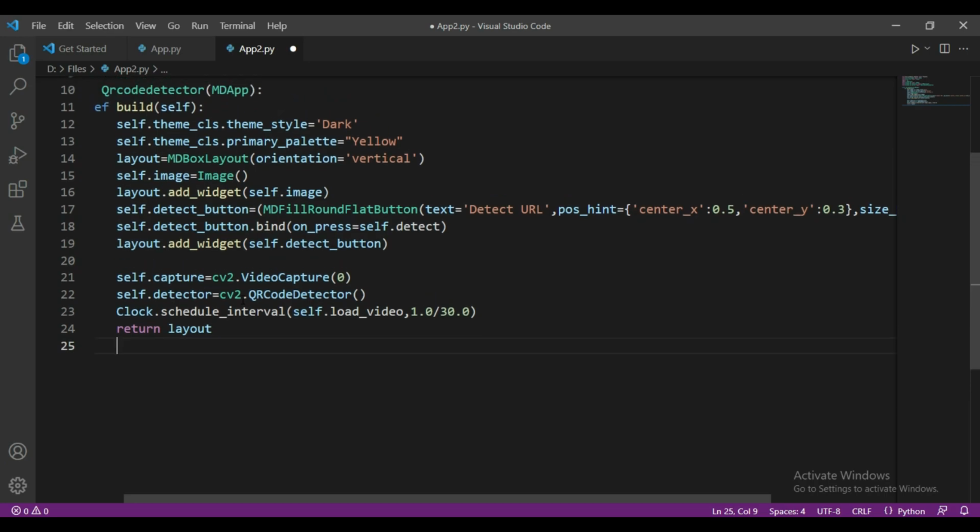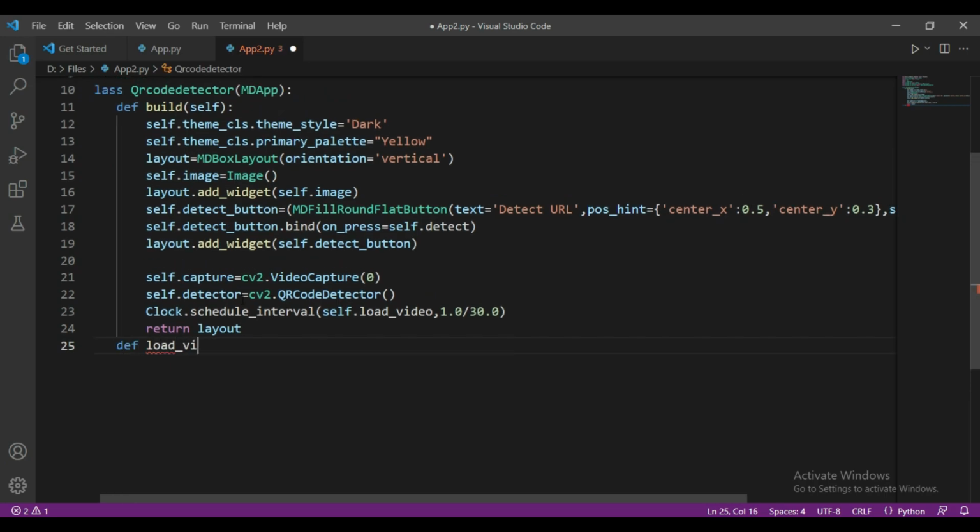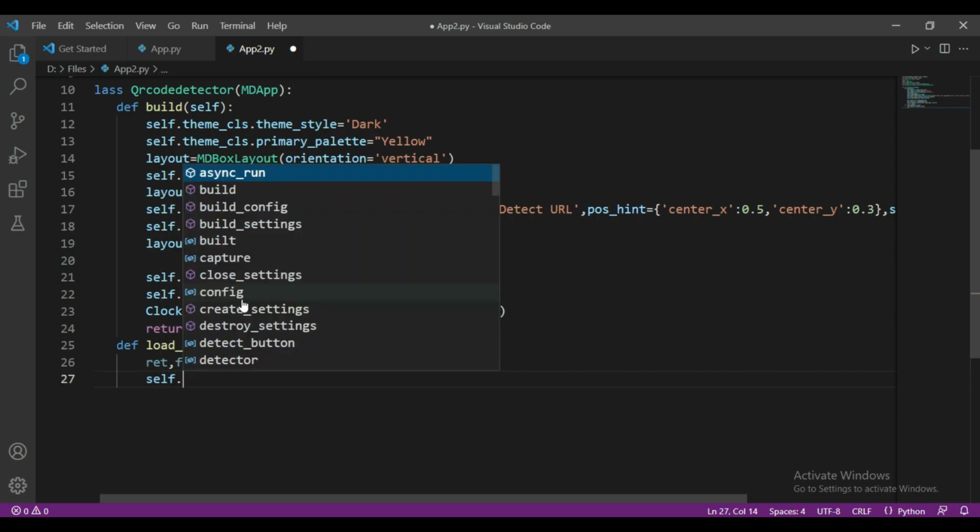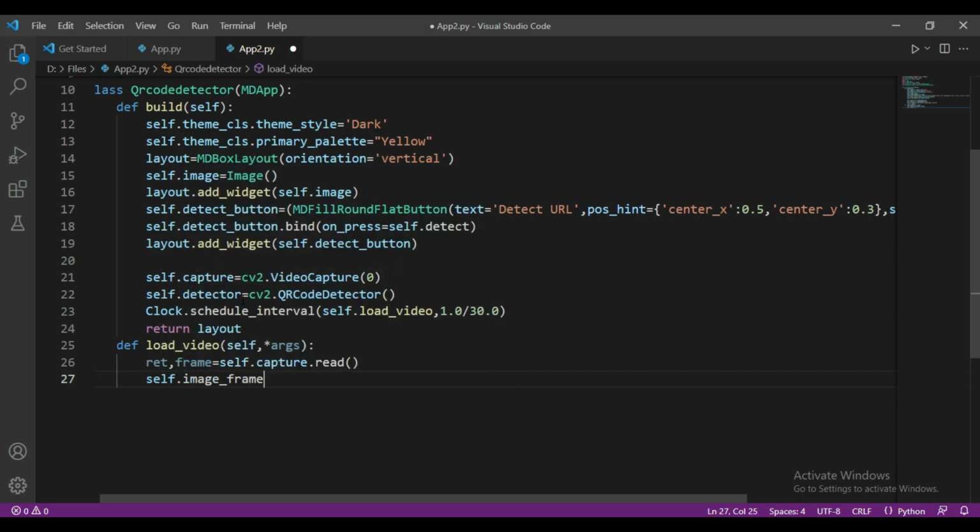So declare a function called load video and create variables frame. Here you need to write some familiar code from OpenCV. Generally in OpenCV, if you want to capture the screen, you will call the capture.read method. Same way here you need to type self.capture.read and then create another variable called self.imageframe and pass the value frame. Now here our live video will be stored in the image.frame variable,